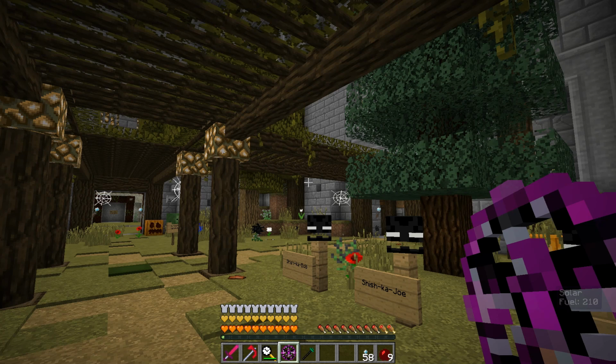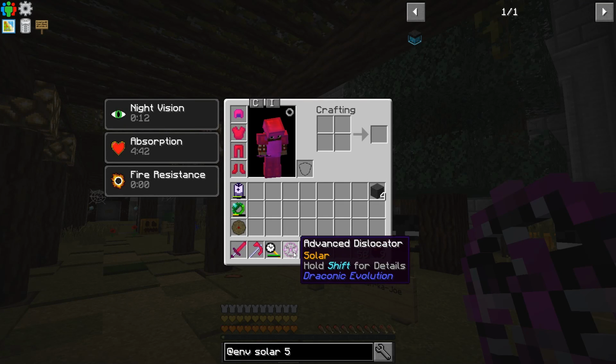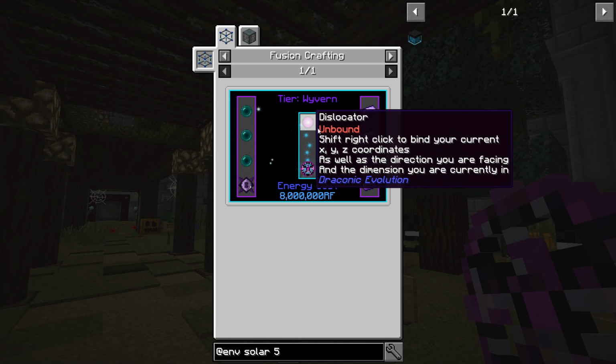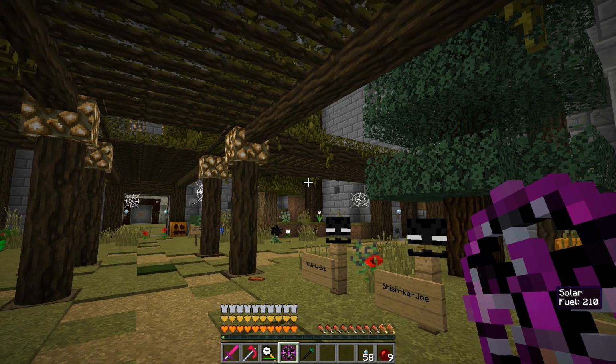Now, I was threatening to make that in the last episode, but I needed a whole bunch of things to get it going before that. But I went ahead and crafted one of these, and they're pretty easy to make once you've got all your fusion crafting all set up to the wyvern level. So I made the dislocator, went ahead and made the advanced dislocator, and now the cool thing about this, if